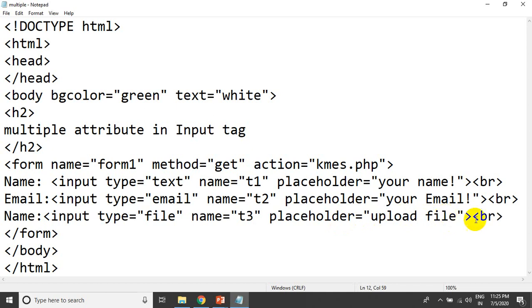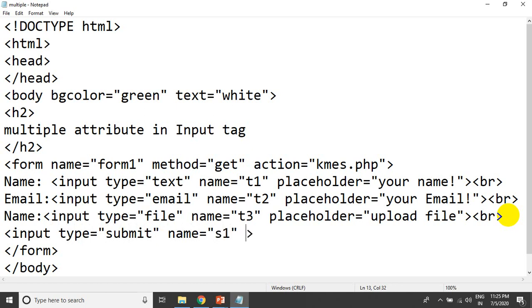After that I will take a simple button, so I will write input type equals submit because I want to submit. Then I will assign a name to that button, name equals S1. Then value, which is the value that will display on your button. So inside value I will write save.